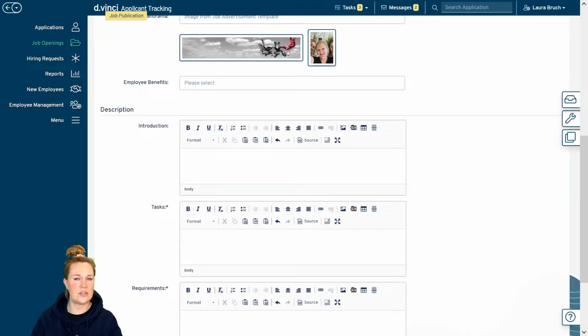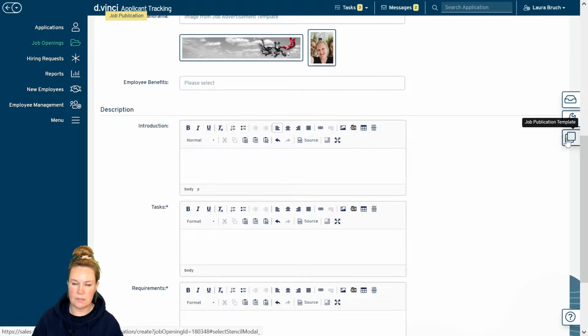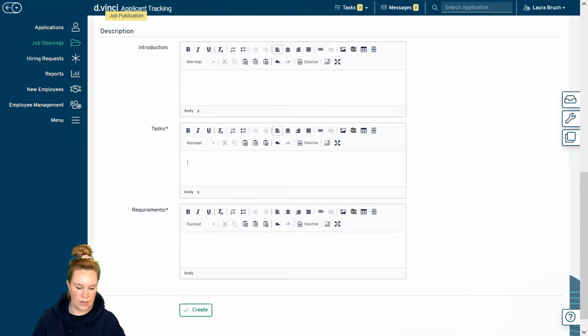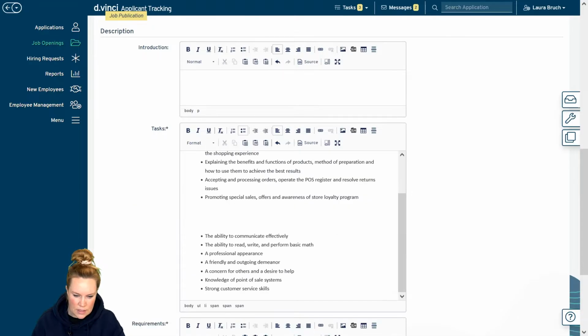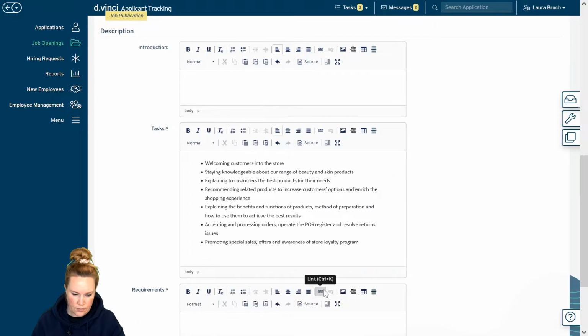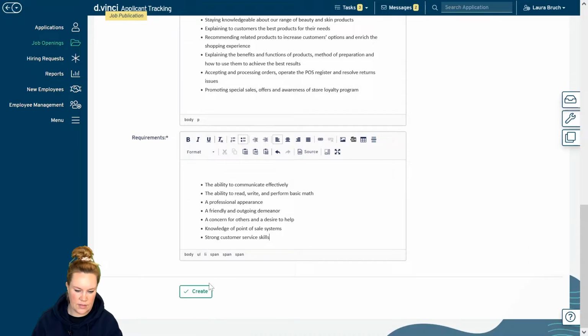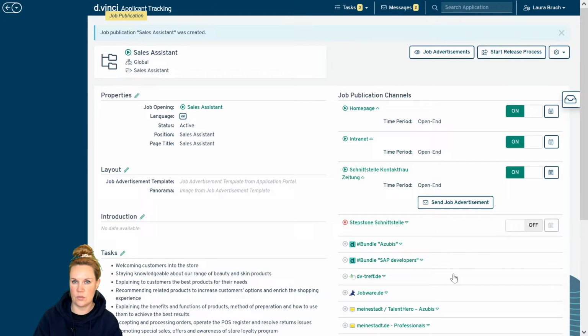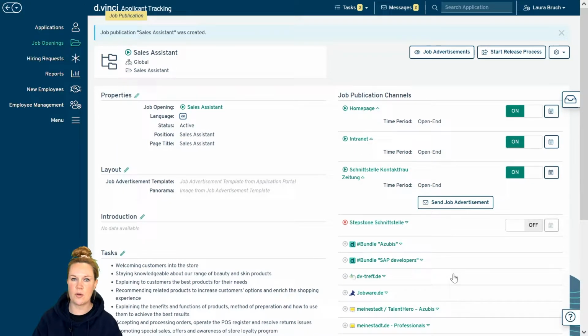If the introduction is always the same, you don't really need to fill it out. You can set it up with templates, however you like. But you can as well write something down here, whatever should be in there, and then it's done. We just created a job opening, super quick. So we always only want to do it once. We set it up once and then post it on different channels that you need.